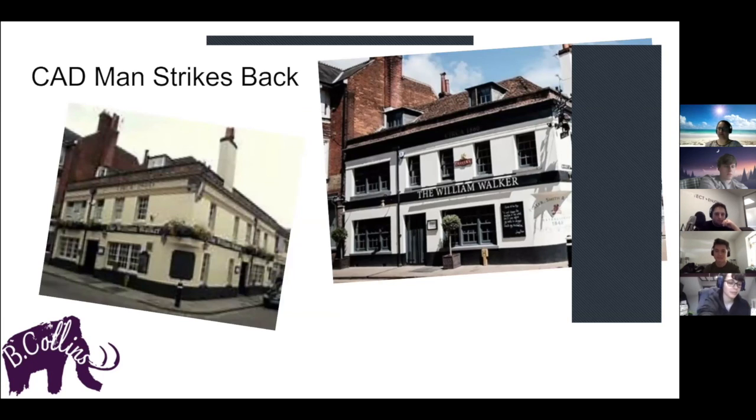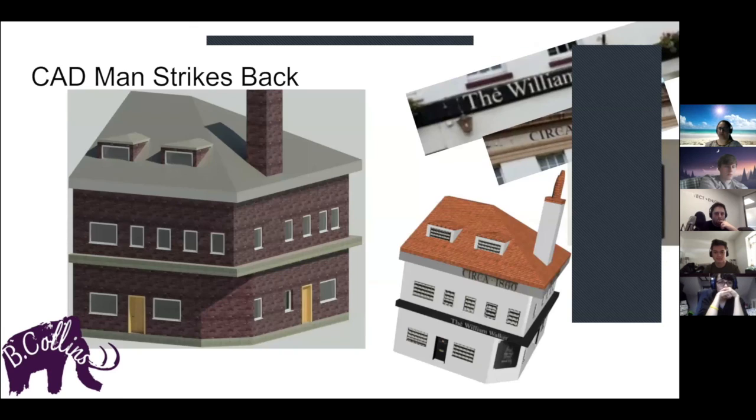This is what I had to go on, obviously, William Walker Pub. The only thing they've changed is the blackboard for the specials menu on the side. But yeah, so I just used the old one, which is the one on the left. Then I made it in Revit, which is the render that I can make in Revit on the left. And then using the snippets from the right, I took a picture and then used the cropping tool to just snip it in, and then changed it a bit in Photoshop to actually have just the desired bit,